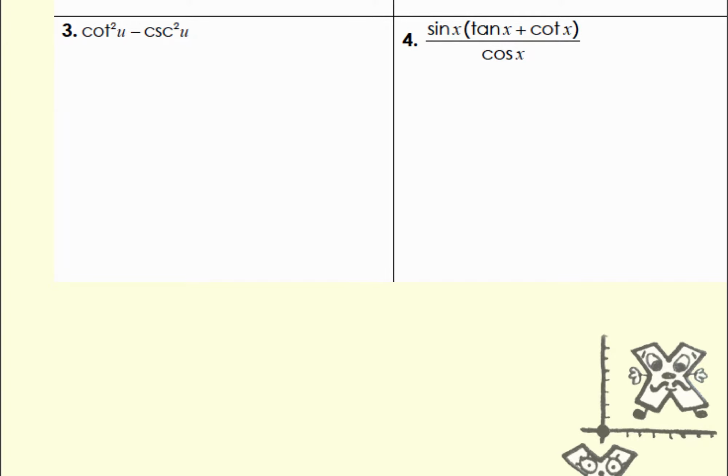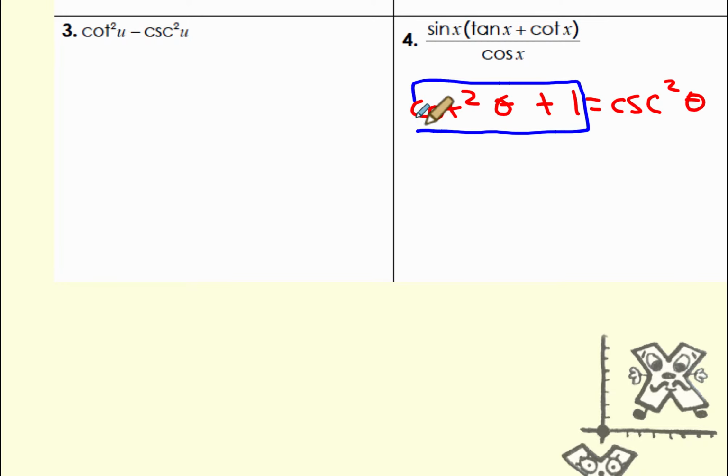Okay, so I know that there is an identity that says cotangent squared plus 1 is equal to the cosecant squared. So I'm going to replace any place I see cosecant squared with cotangent squared plus 1. So we have cotangent squared of u minus